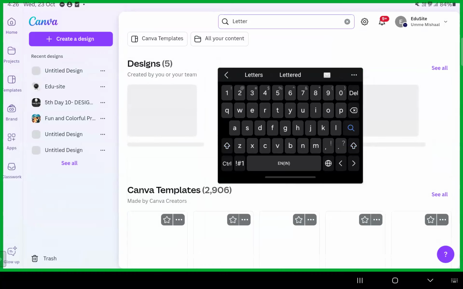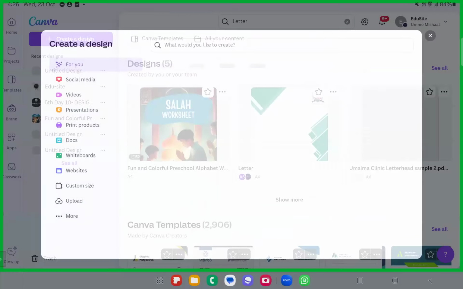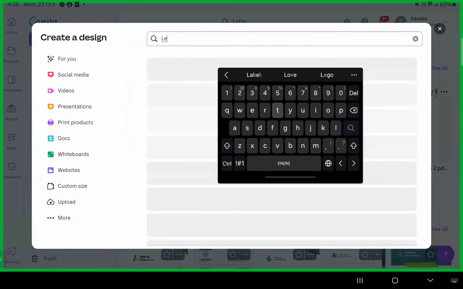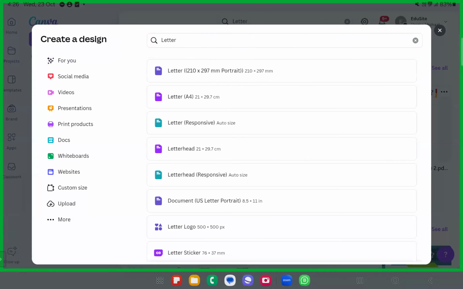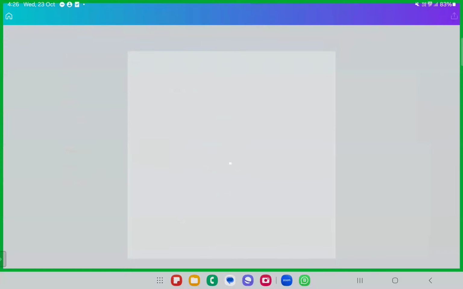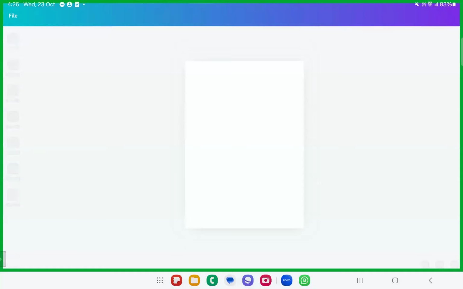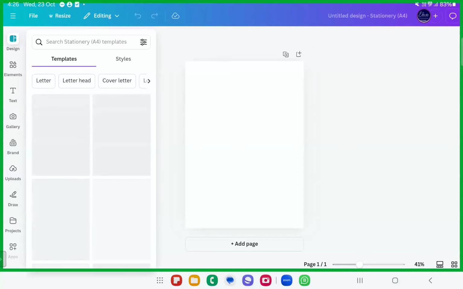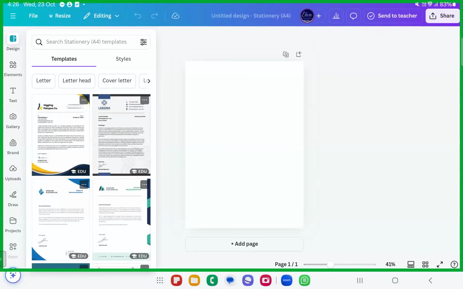So we'll just create a design. Go ahead with the letter aspect ratio because it's a letterhead. Okay, a letterhead will usually be A4 size. So you can go ahead with a letter kind of aspect ratio. Over there, you just have to have the company name at the top, and at the bottom it will be the contact information of the company. So this is a letterhead.